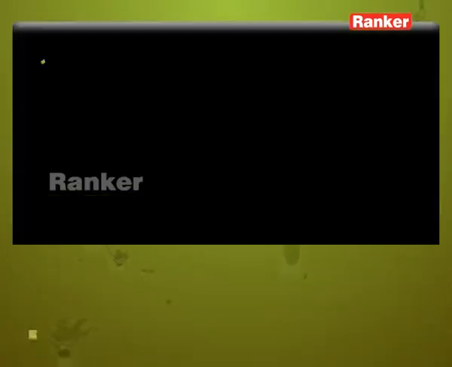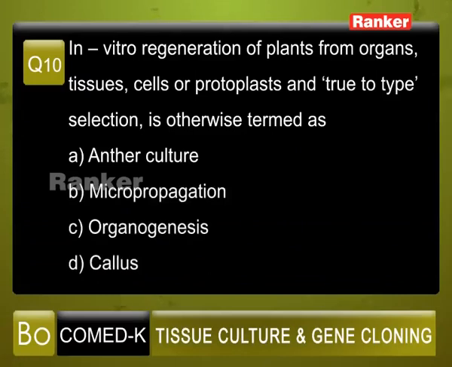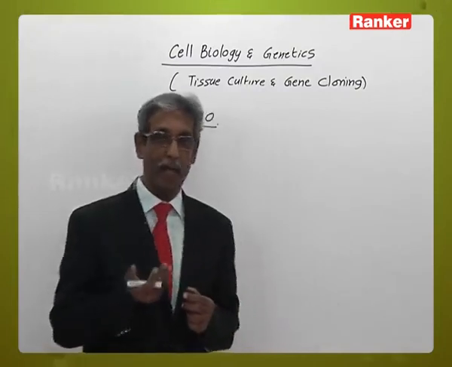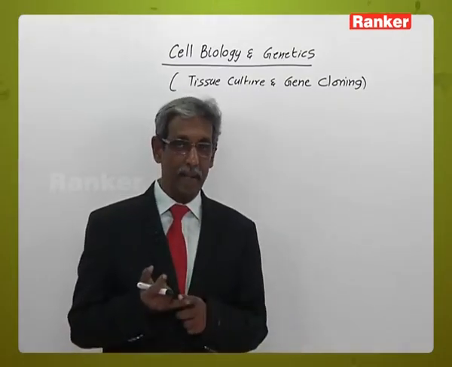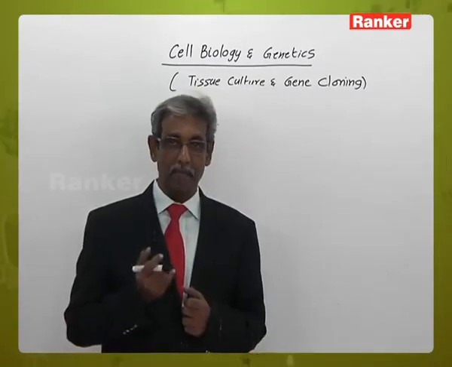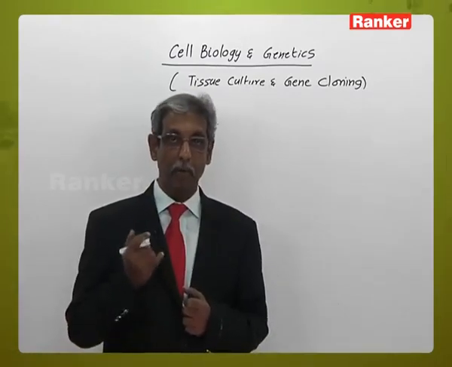Question number 10. In vitro regeneration of plants from organs, tissues, cells or protoplasts, and true to type selection is otherwise termed as A. Anther culture, B. Micropropagation, C. Organogenesis, D. Callus. When we are aiming at regeneration of plants, it means making multiple copies of the plants which are identical. When we want to regenerate,